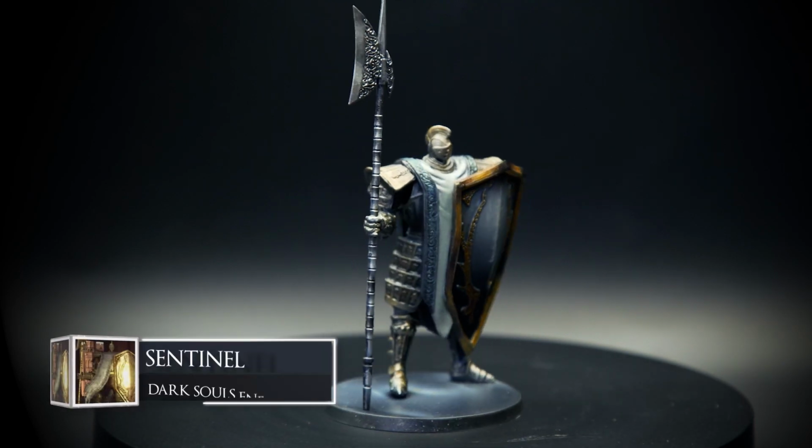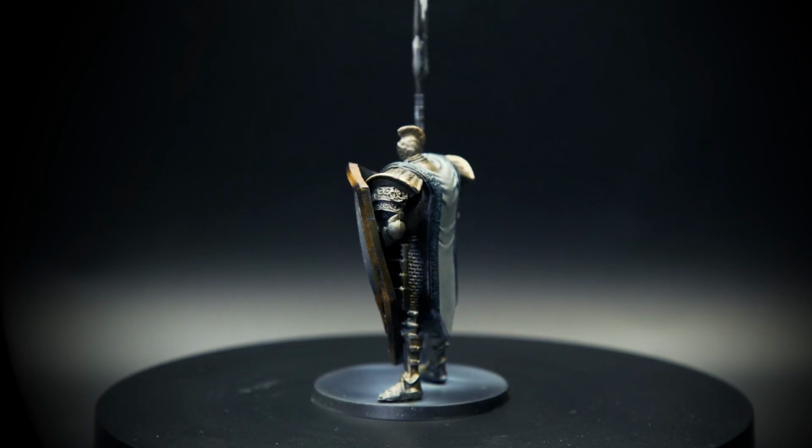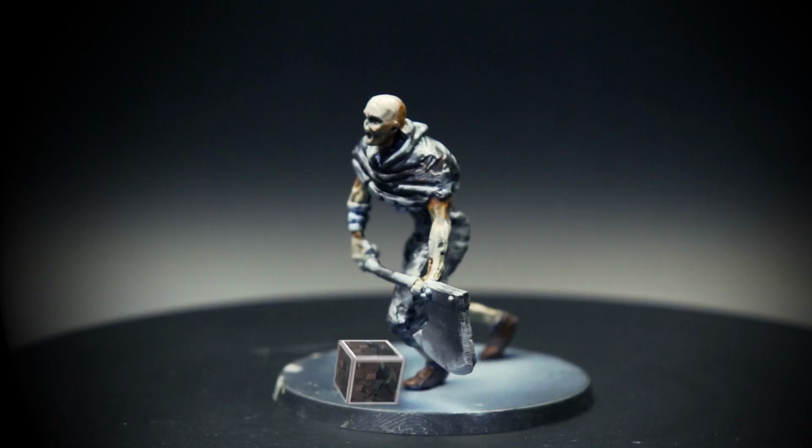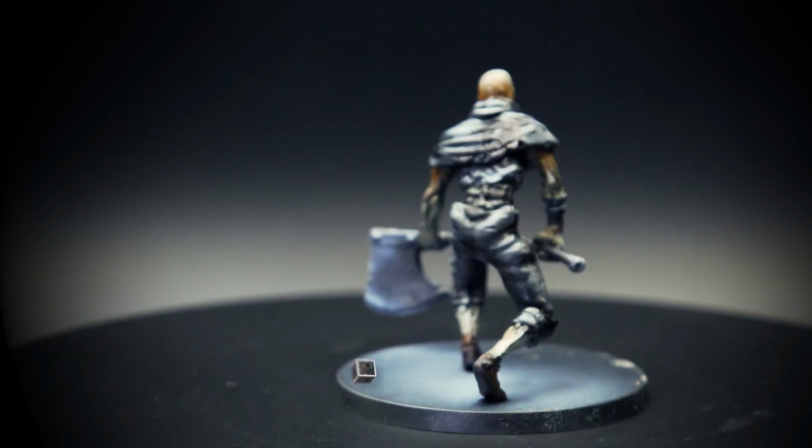Hello everyone, welcome back to another episode of repainting my first ever miniatures from the Dark Souls Boardgame. Today we're taking a look at the two larger miniature enemies from the main set, the Sentinels and the Large